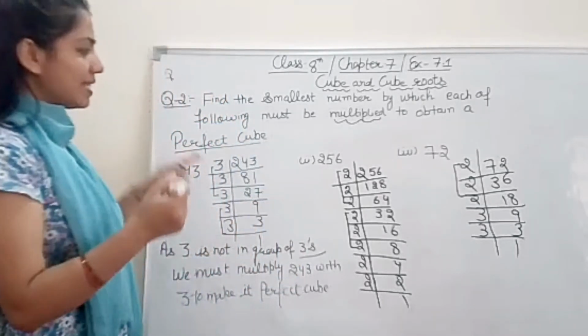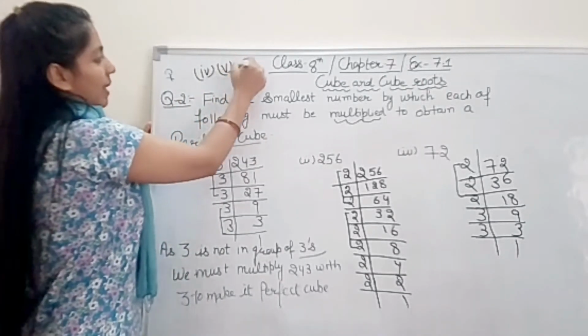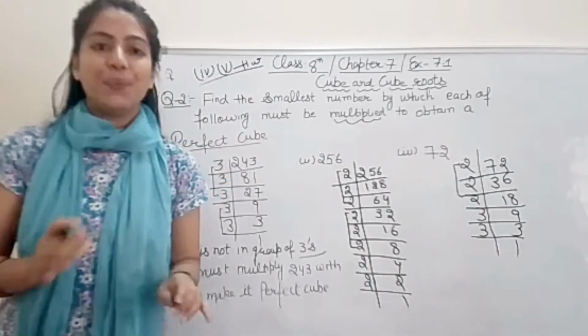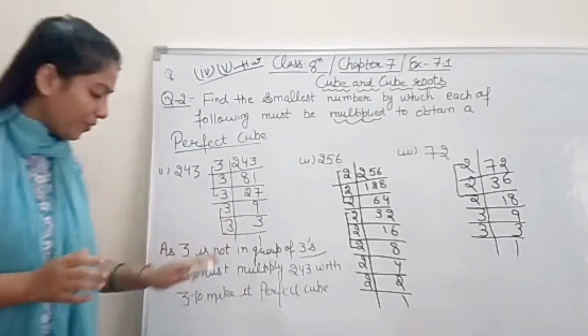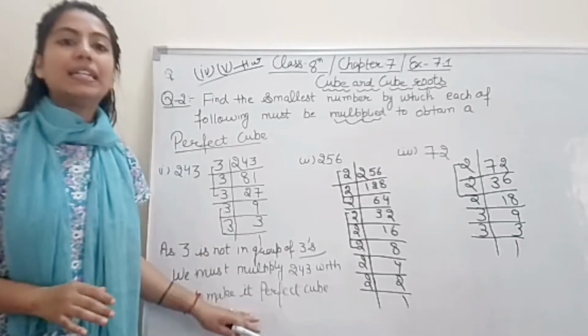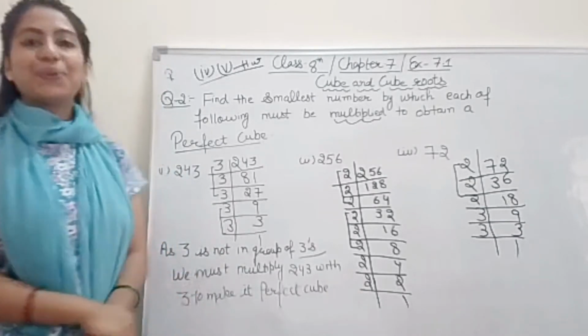Okay, so these are 3 parts. The 4th and 5th parts are also there. That is homework for you. For practice, all the questions are very simple, student, and don't forget to write down this last line. Okay, then only it will make a complete question. Right, student? So this is all about question number 2.